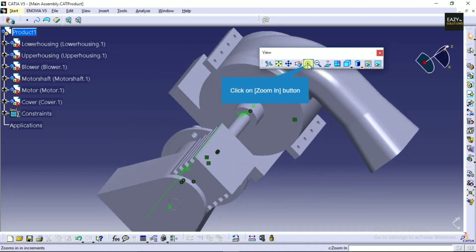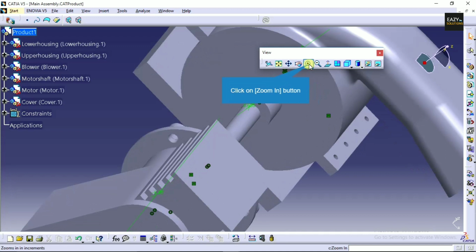By clicking it, you can zoom in or zoom out as shown in the video.